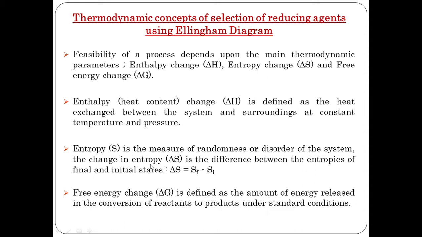Then the change in entropy is the difference between the entropies of final and initial states. That is, delta S is equal to entropy of final state minus entropy of initial state. Next, free energy change delta G is defined as the amount of energy released in the conversion of reactants to